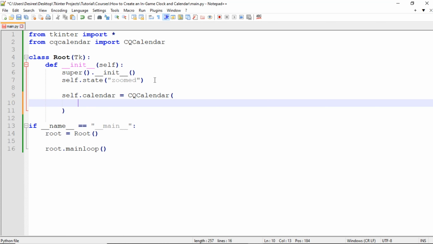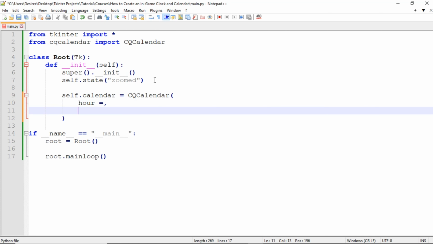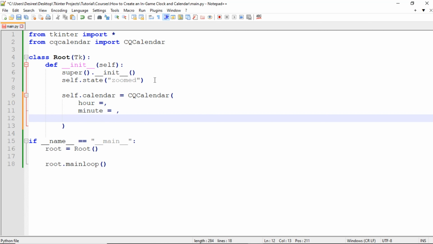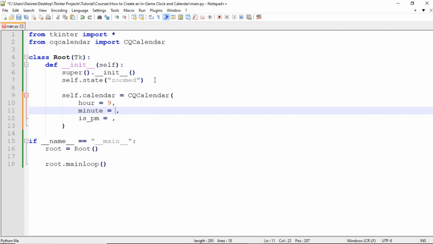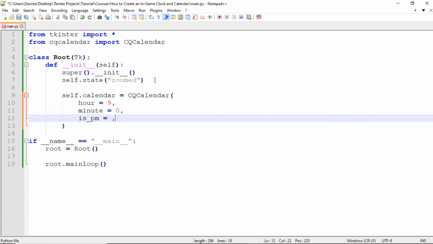If you want to set the calendar to a specific time, you can pass in an hour parameter, which has to be an integer. Or you can pass in a minute parameter, which also has to be an integer. And finally, you can pass in an is_PM parameter, which is a Boolean. Okay, so for this example, I'll just set this to 9 a.m. So we'll set hour to 9, we'll set minute to 0, and we'll set is_PM to